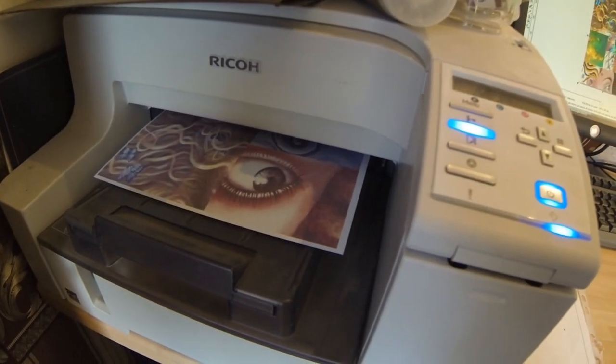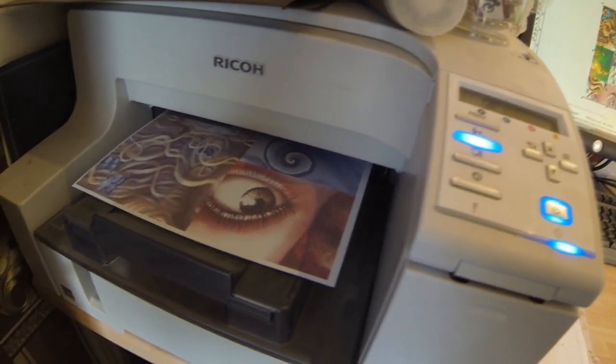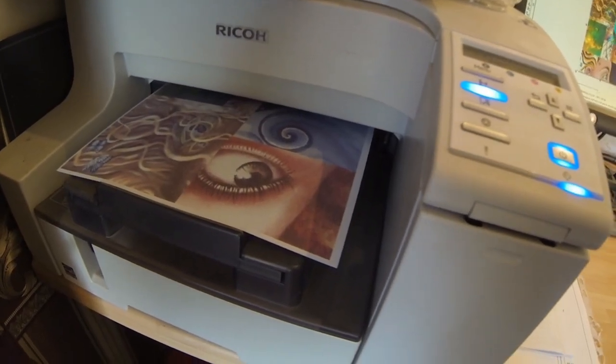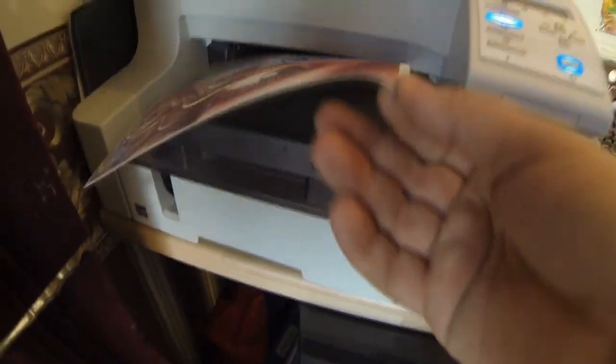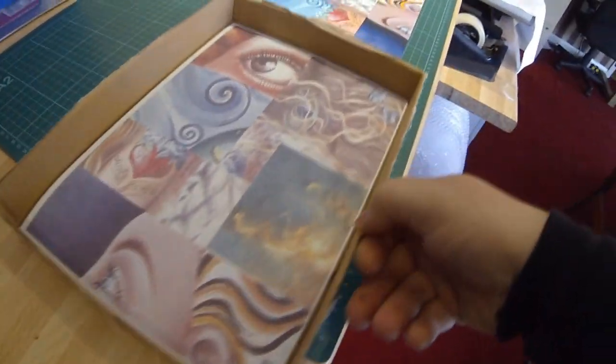So as you can see, the colours don't look very vivid when you're printing with sublimation ink. That's absolutely standard. The colour profiles have all been matched and altered in the power driver software, which is installed on this computer for this printer. And all we're going to do now is take this over, place it into our box which we've got there, and I'm going to get the powder now, and as you've seen me do many a time,